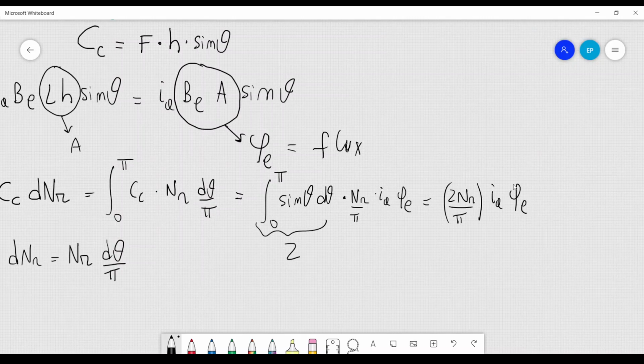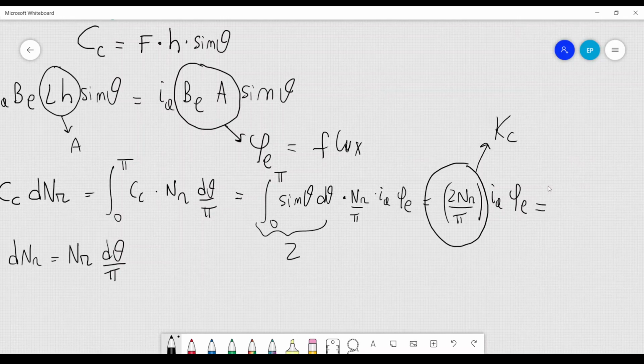And this is a very general result if we replace this constant here with another one that I can call K sub C. This is also called the constant of the motor related to the torque, which depends on geometry. So if we have a different geometry, we still get a very similar result. The only exception is that this constant will be different. It will have a different value. It will not be like that. So this is just an approximation, but in any case,